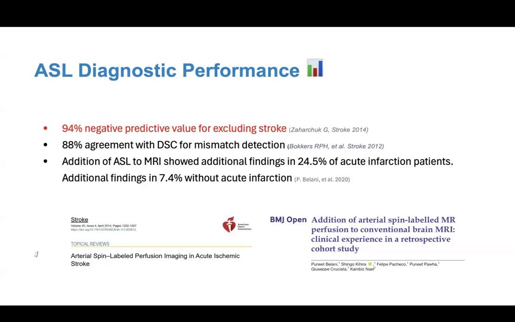Suppose you are imaging a patient for acute stroke, but the patient has pre-existing proximal narrowing, which has come in the area of infarction. So your core imaging has shown the acute infarct area. Next is the salvageable area, the penumbra. So how does it happen? If chronic occlusion is there,